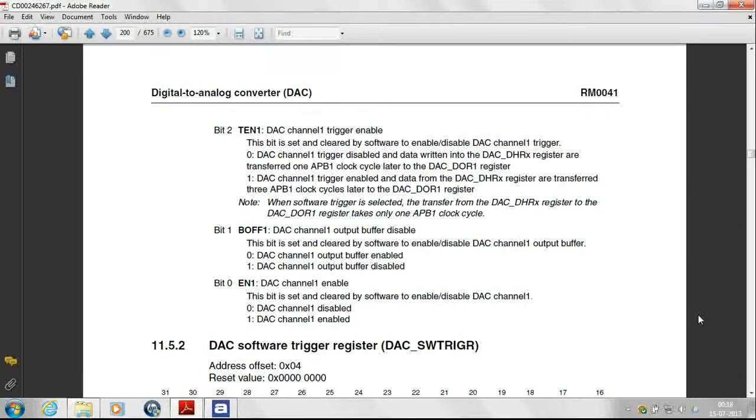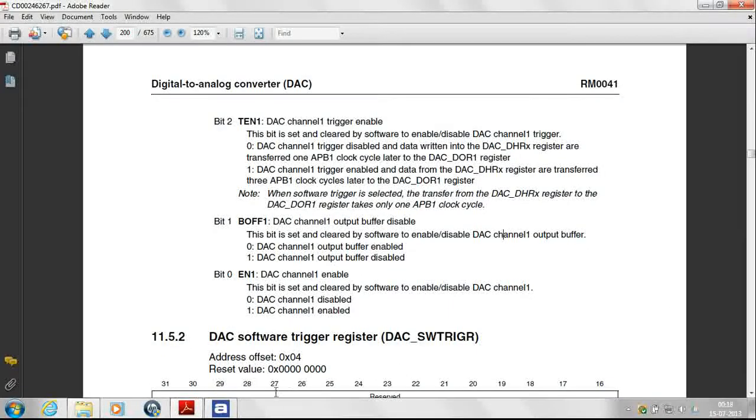Till the time the software trigger comes, whatever you write into the data holding register will not be reflected in the data output register. This is the meaning of whether the source of trigger that is being selected is enabled or disabled. The number of clock cycles after which the data is transferred is just due to the hardware implementation of the device. Next, we'll go back to the code.